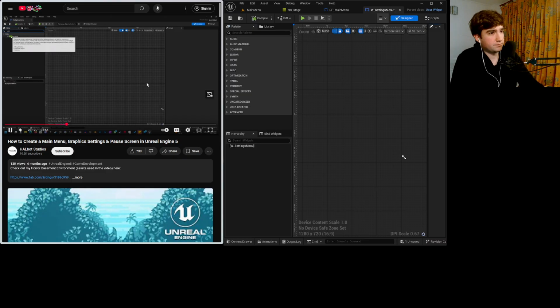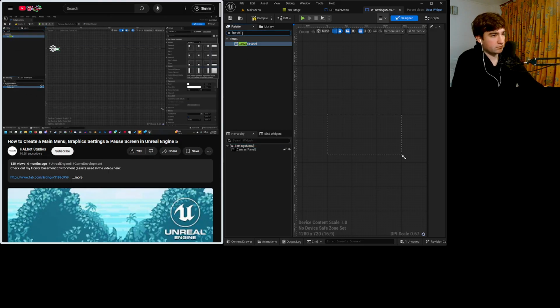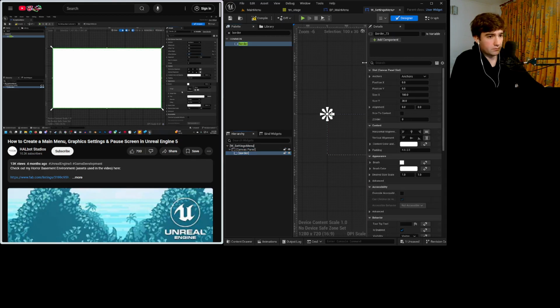We're going to get a canvas panel, and then I'm going to get a border. Okay, and the border is going to be full screen, 0, 0, 0 on all of the offsets, so it's filling up the entire screen. And then under our brush settings,